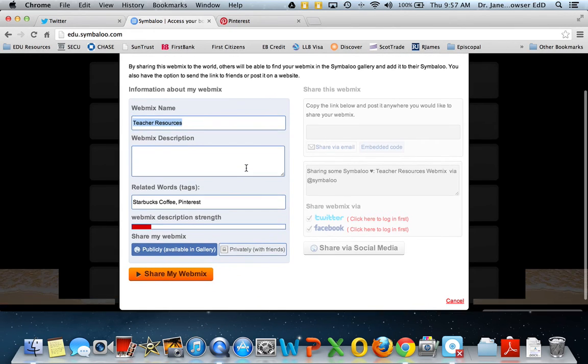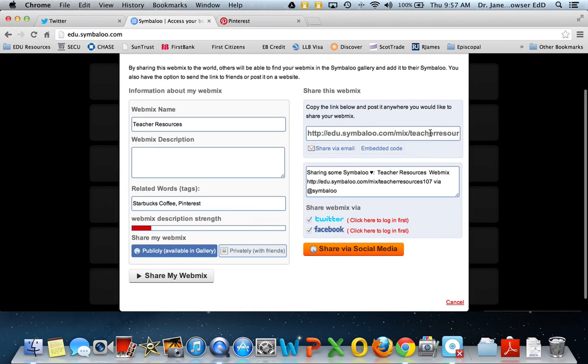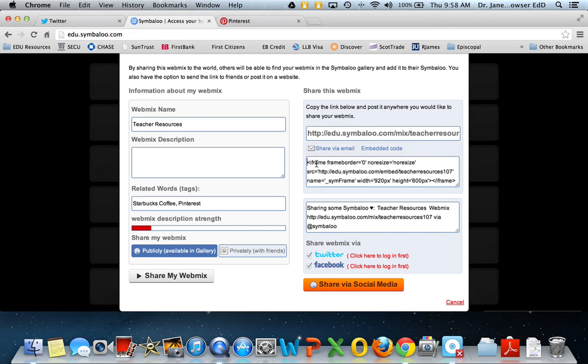When I click share, I have my webmix name. I can give it a description. It's going to automatically put in some tags for me. And I can say that it's going to be publicly available or privately available. Then when I click share my webmix, this other side opens up, and I have a link that I can copy and paste wherever I want. Or I can use the embed code. And if I grab the embed code